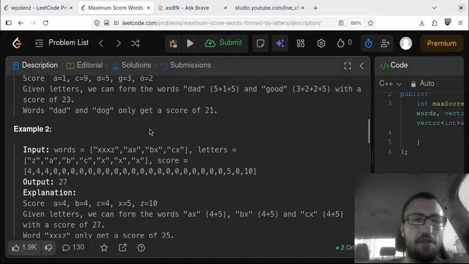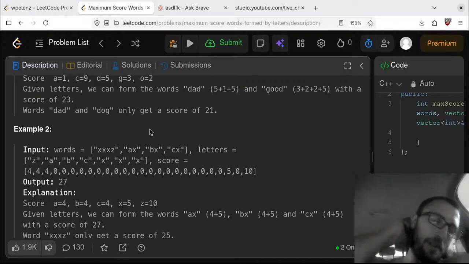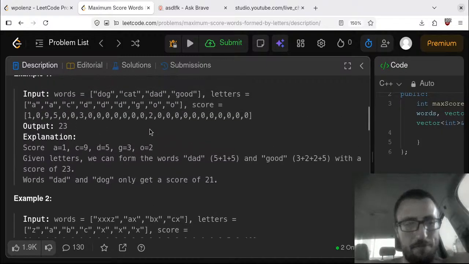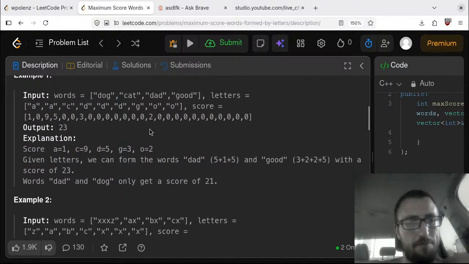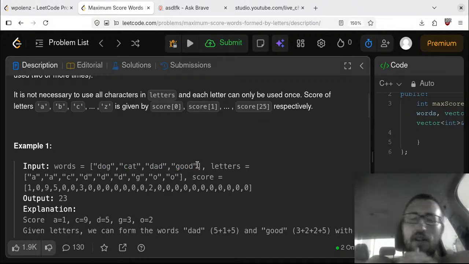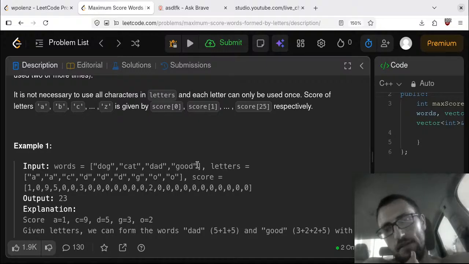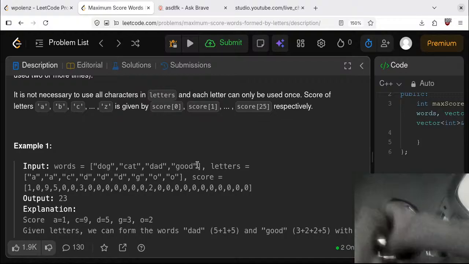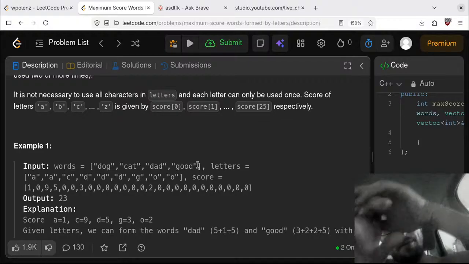I could make a frequency map out of the letters. That might be easier than using them in this form. I could also evaluate the words and get a score for each word. And then the idea would be, okay, try to